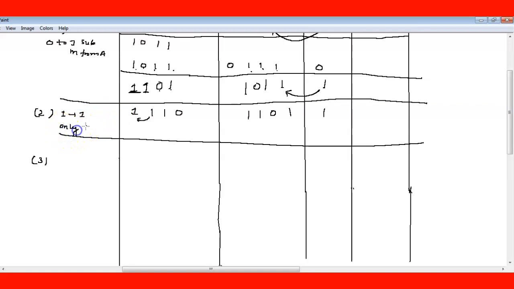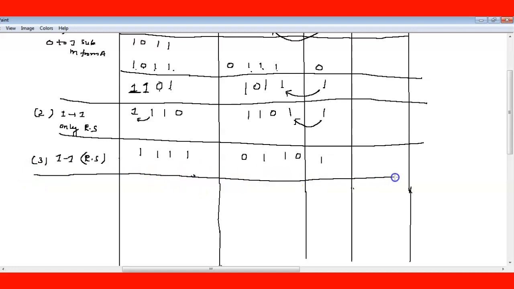only right shift. Now next again here the 1 to 1 transition is there. So 1 to 1 again, so again you have to just do the right shift. Right shift means here it will come 1 1 1 0 1 1 0 1, and this will be written as it is, which value is there, 1. Okay, so step 3 is also over. Whenever the 1 to 1 transition is there, nothing to do.